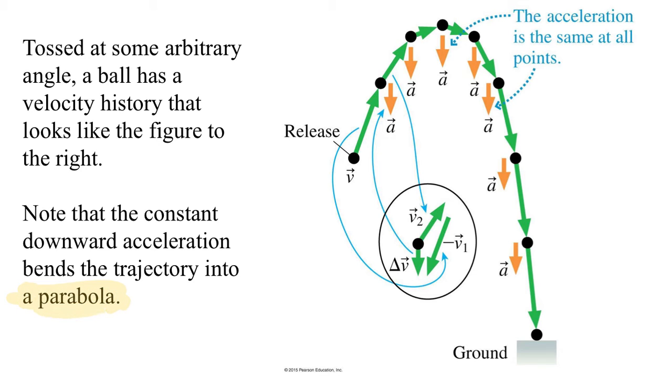Here, though, it's a physical parabola, right? It's not just that on a position plot it looks like a parabola. Here, the actual trajectory is a parabola through space. We see that because remember that the acceleration points along delta v. So if we take two particular moments, here's our original,